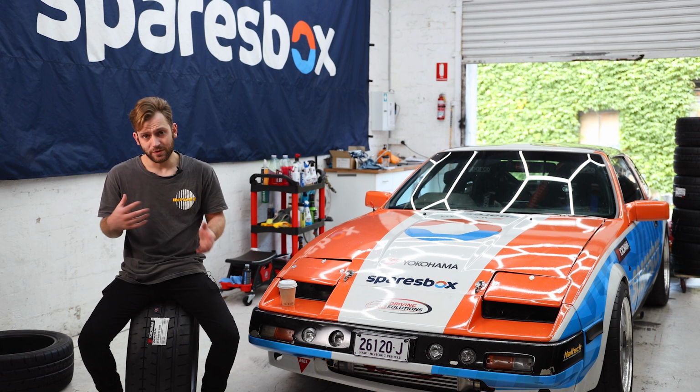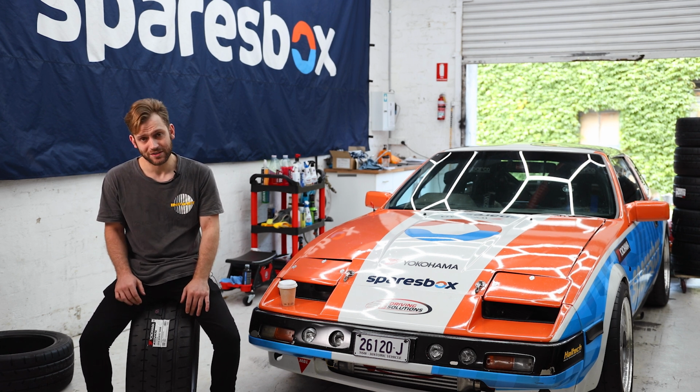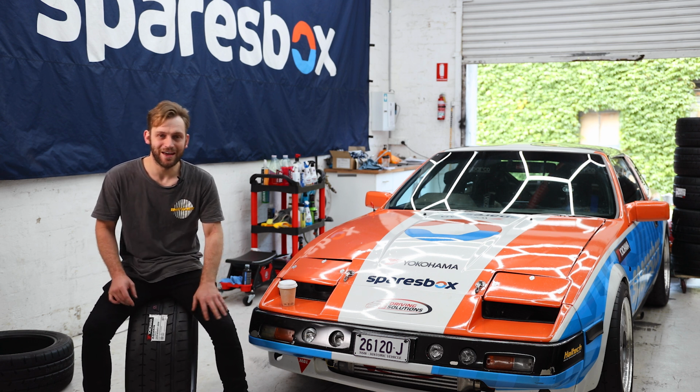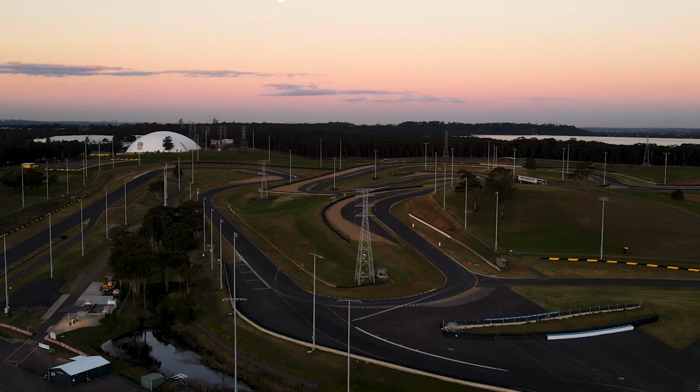We had a couple of teething issues with the car, and we've had to tackle those before Bathurst. We've actually just finished up now. I don't know why it's always last minute with motorsport, but that's the way it goes. We're actually heading back to Sydney Motorsport Park between now and Mount Panorama, so in about 5 hours time, to